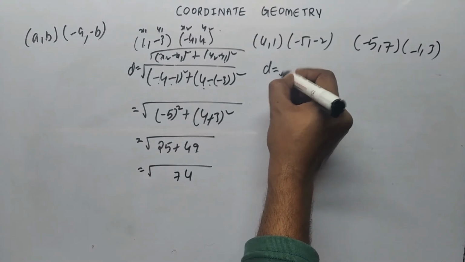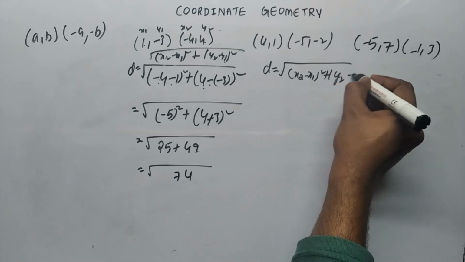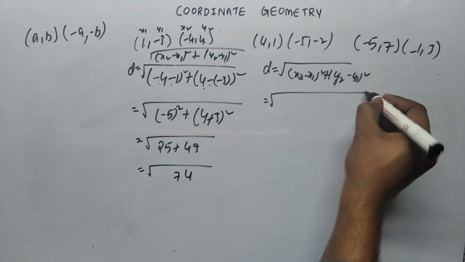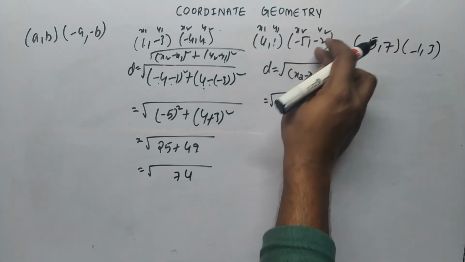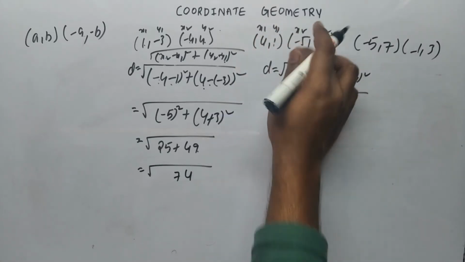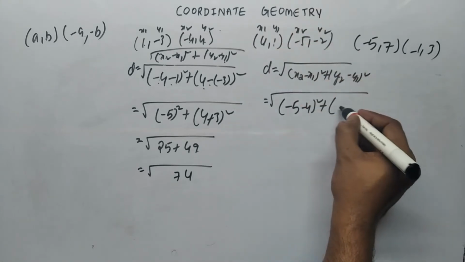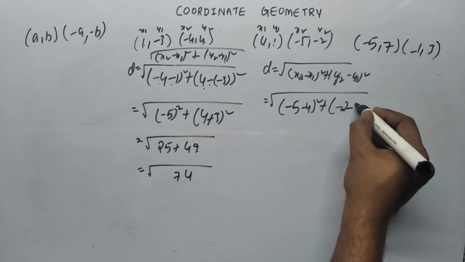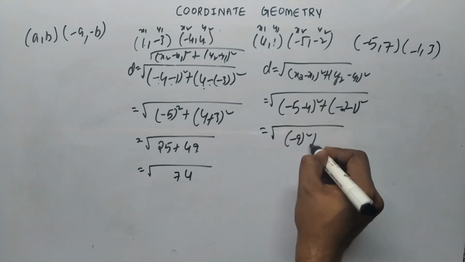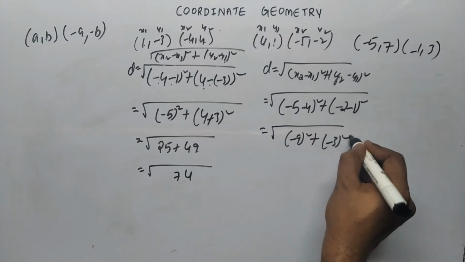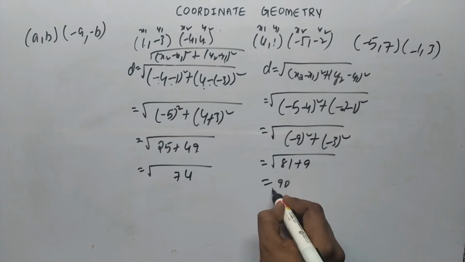So here also we will be substituting into the distance formula, x2 minus x1 whole square plus y2 minus y1 whole square. So substitute, this is x1 y1 x2 y2. First we have x2 minus x1, so minus 5 minus 4 whole square. Next y2 minus y1, so minus 2, again we have minus here, y1 value is 1. So we have the same sign. I told you when you have the same sign you need to add and keep the same sign. Here also we have the same sign, try to add. So minus 9 square is 81, this is 9, so if you add you will get 90.